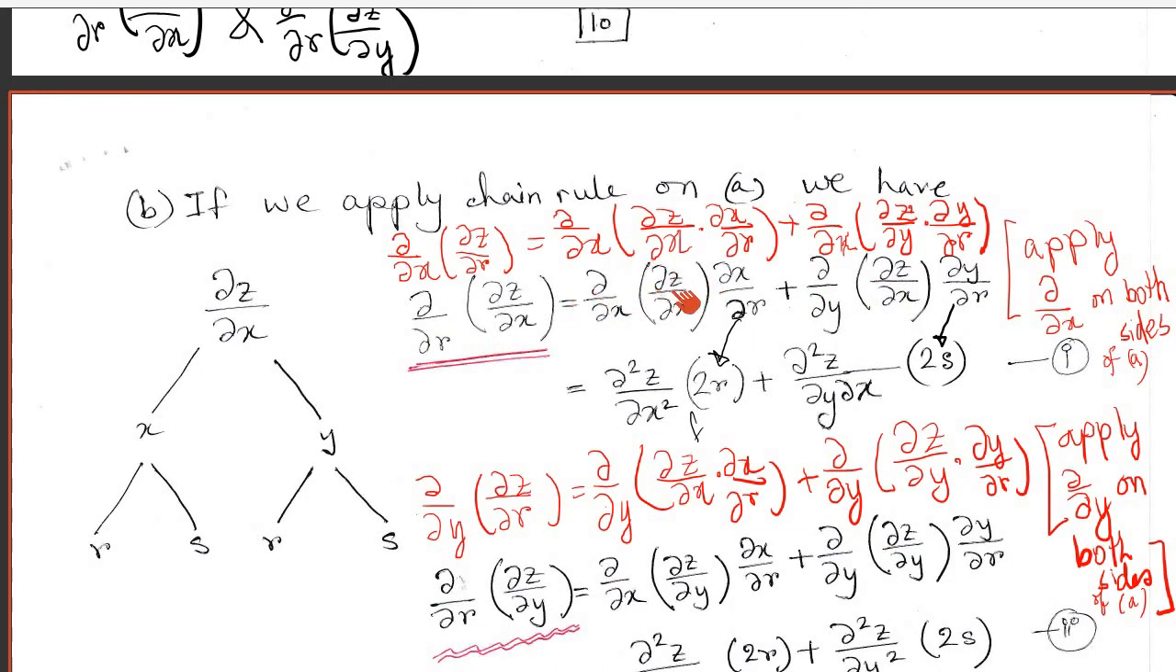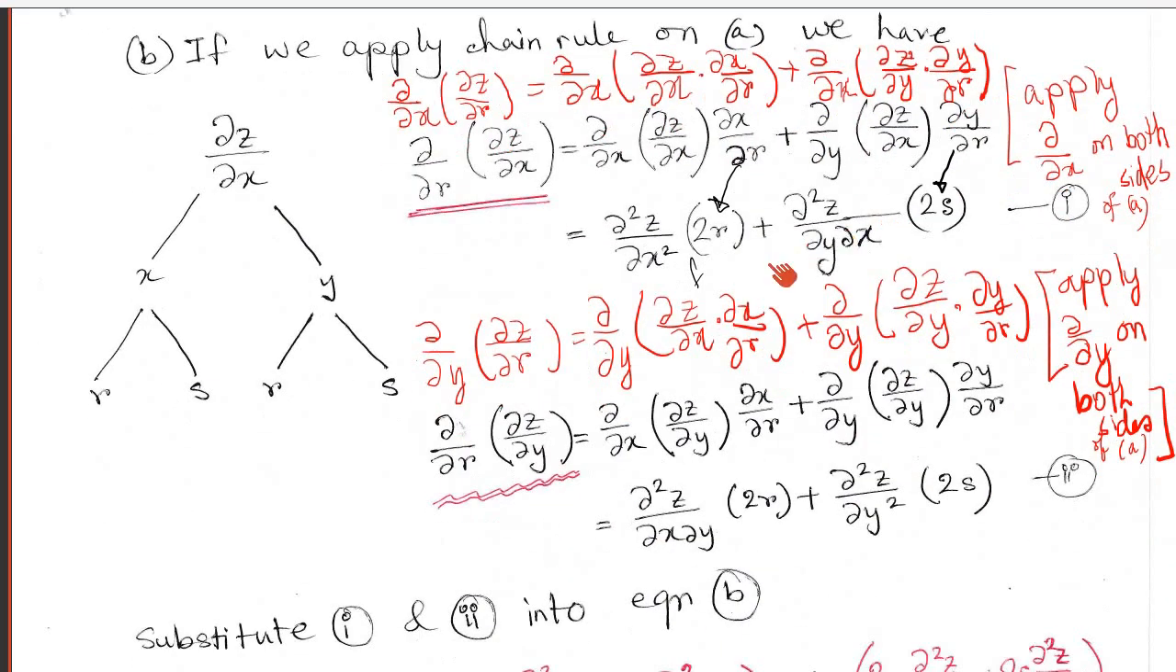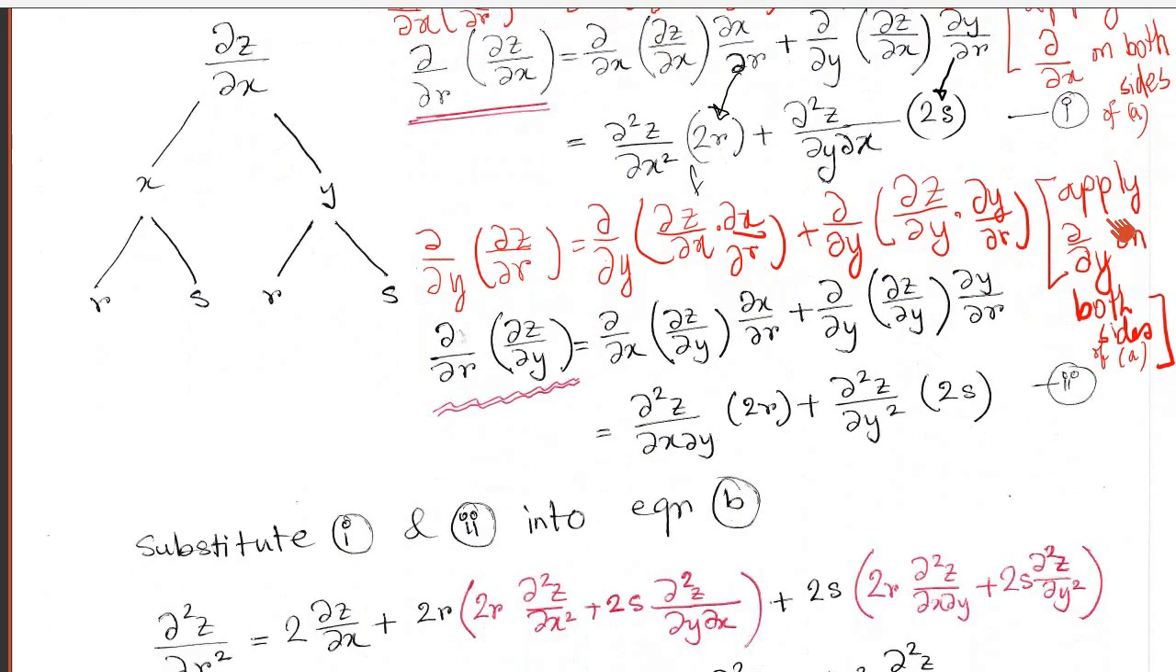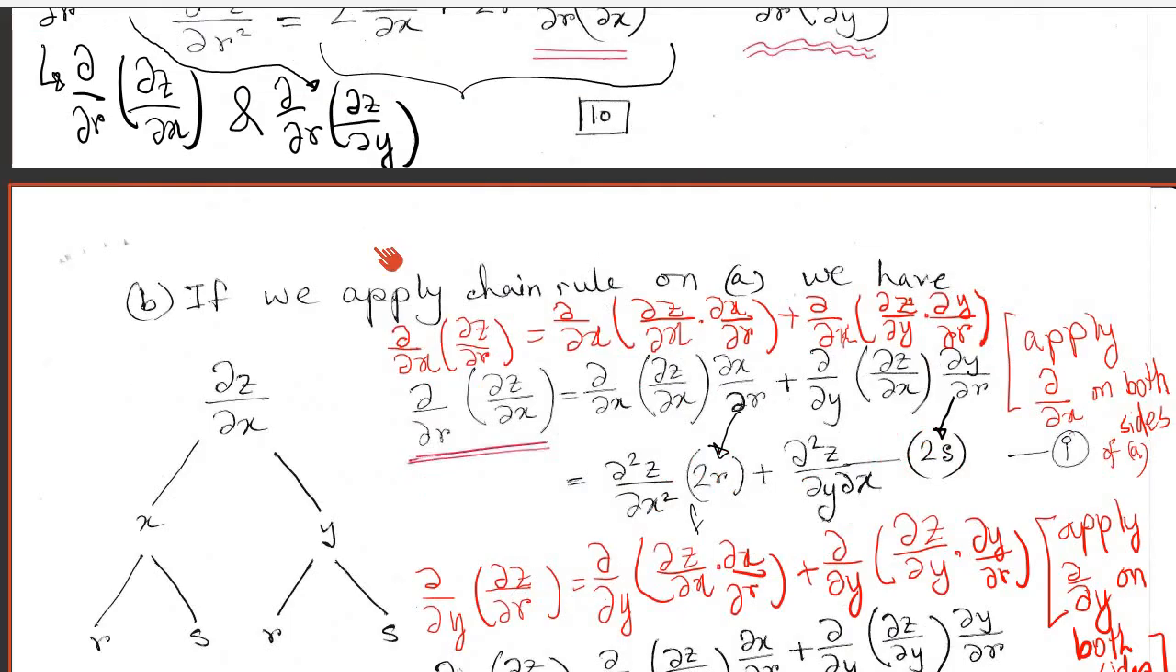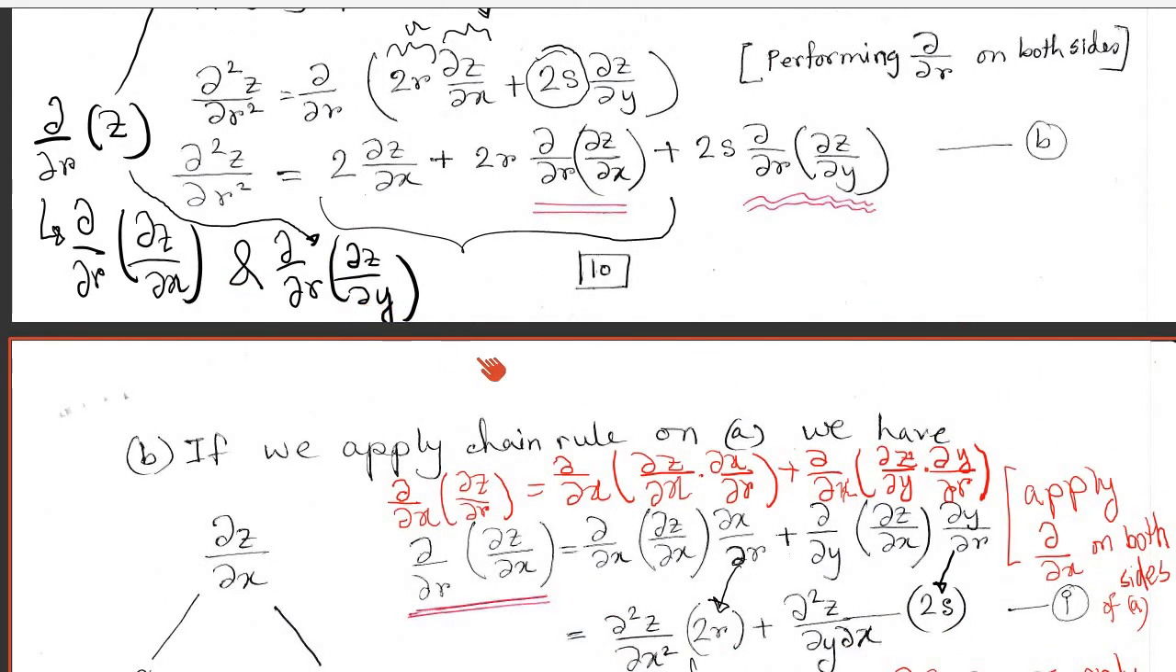Multiply them. Del into del z is del square z, del x is del x square, del into del square z, del y del x will remain as it is. Let's call this equation 1. Again apply the differentiation. So basically we are talking about this segment. Okay, this is the extra segment